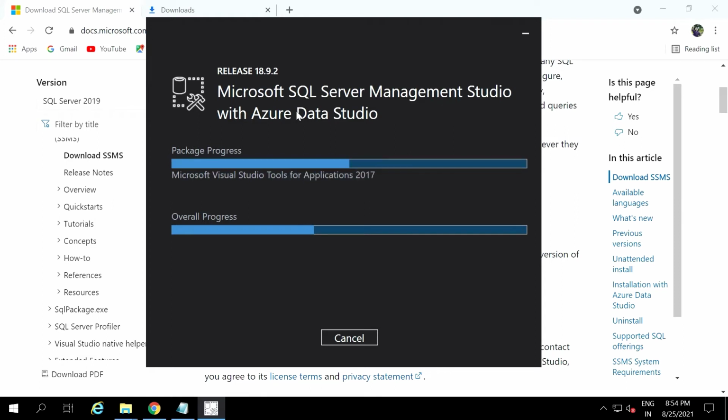Along with SQL Server Management Studio, you will also get Azure Data Studio, where you can do Azure type SQL operations also. If you are doing any operation with SQL Server, you also need a SQL Server, which you have to download separately.